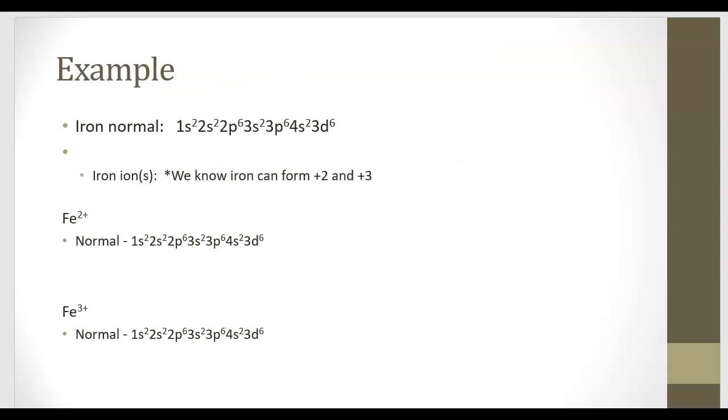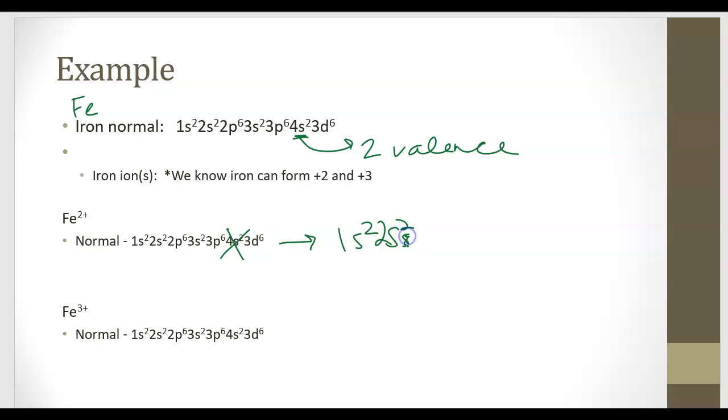All right, so here's an example. We talked about iron before and how iron can form +2 and +3 ions. So I gave you the normal configuration, and what you should see is that we have 2 valence electrons, and then we have 6 d-level electrons that are higher energy but closer to the nucleus. All right, so to form the 2+ ion, what we're going to find is that we will lose these 2 valence electrons, and so we'll have 1s2, 2s2, 2p6, 3s2,